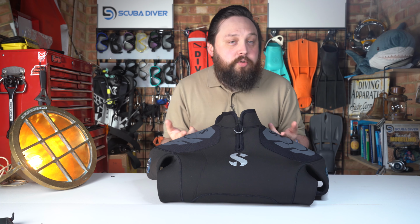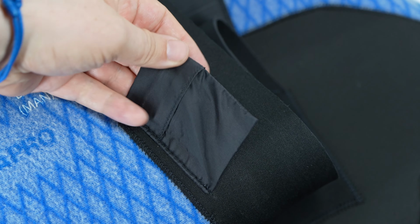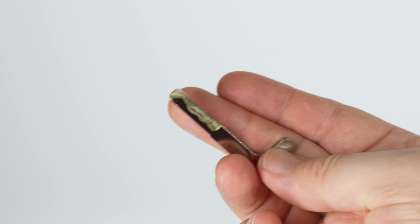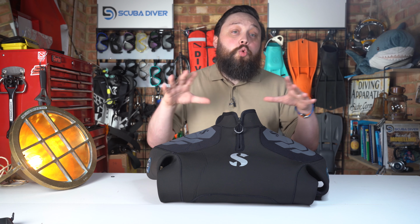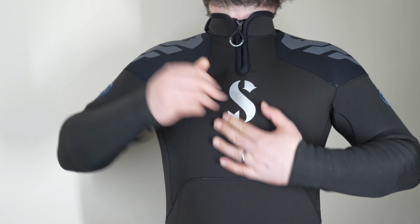The only other thing of note on the inside of the suit is a small key pocket. It's not waterproof by any means, so you can't put your fancy car key fob or anything in that, but if you need to bring a basic key down with you, then you can, and that's just down your spine. On the outside of the suit, you have Scubapro's very classic smart black design, and styling up around the